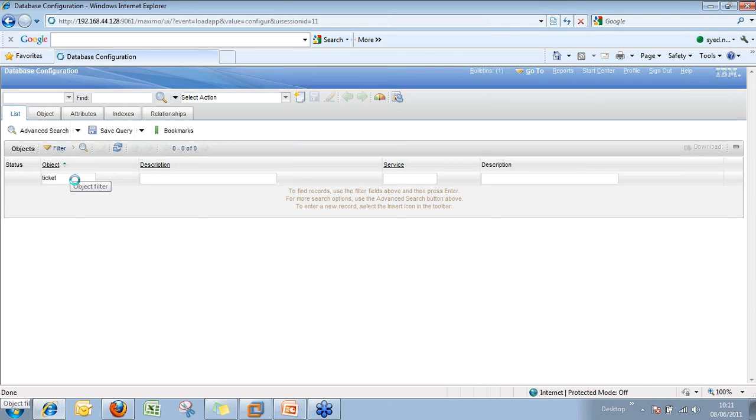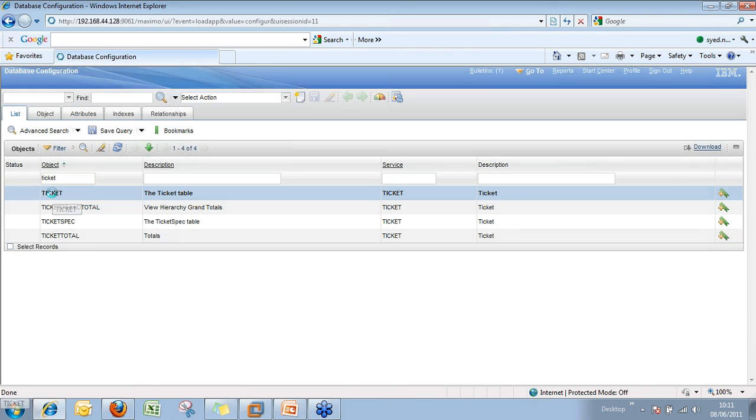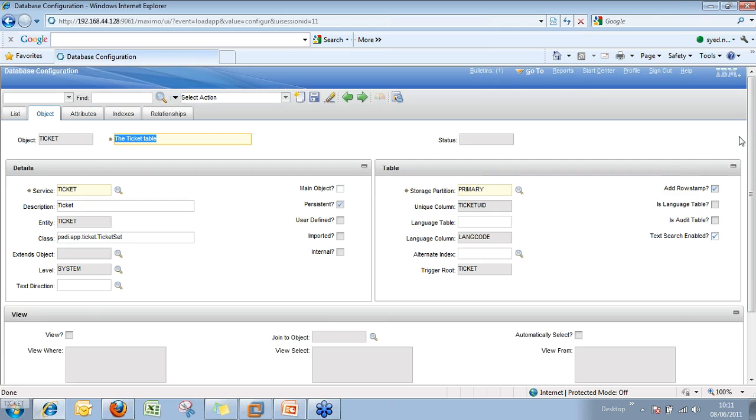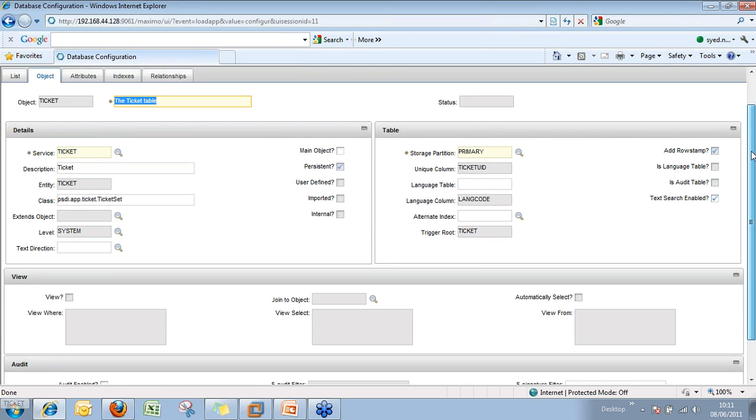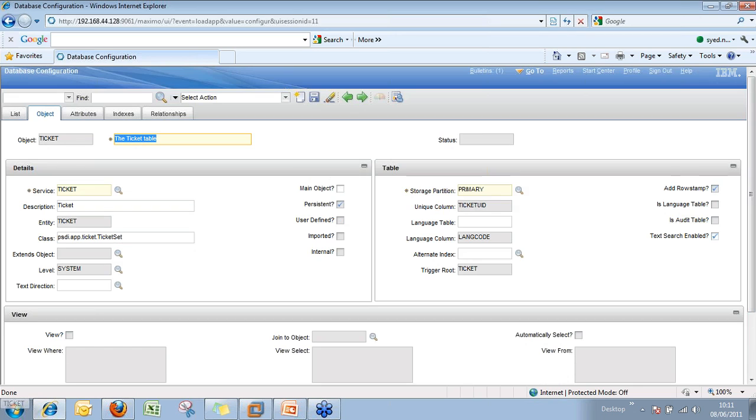So we'll look into one of the objects which are already available in Maximo, which is the ticket table. The ticket table is the basis of the service request table, the problems and incidents and activities and tasks. So this is the basis of these applications. So if you want to add a new table, which could be another